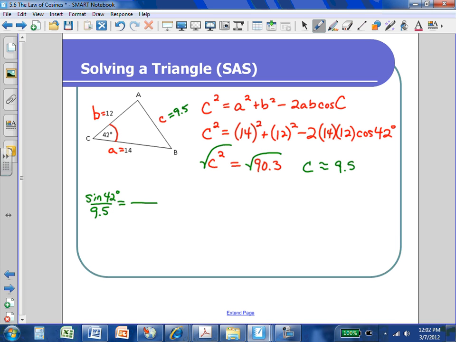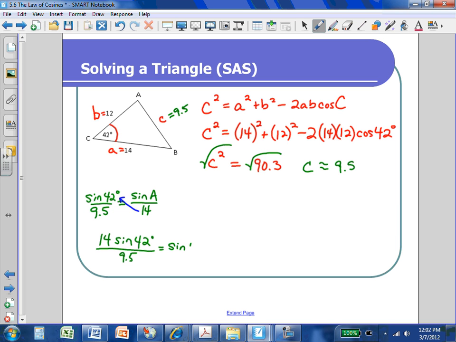And then it doesn't matter if you solve for A or solve for B, but I'm going to go ahead and solve for A first. So I'm going to say the sine of A over side A, which is 14. Well, cross multiply. When I cross multiply, I'm going to actually just multiply the 14 over to the other side. So you're going to end up with 14 times the sine of 42 degrees over 9.5 is equal to the